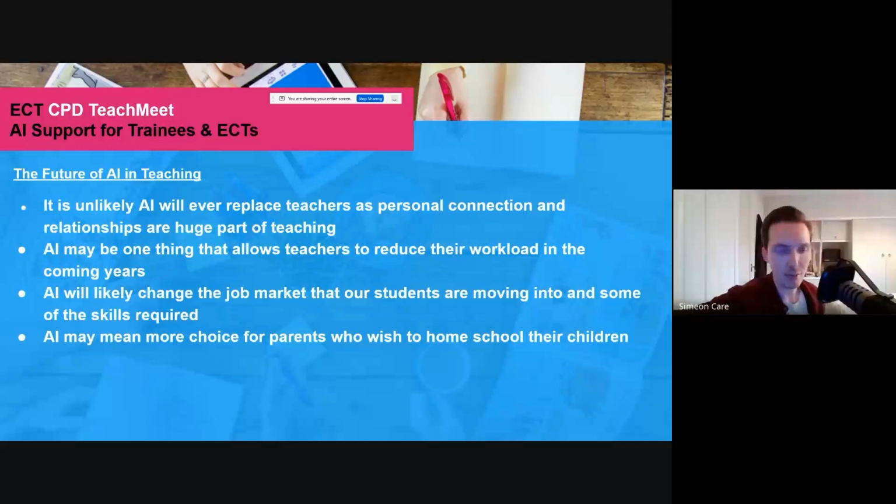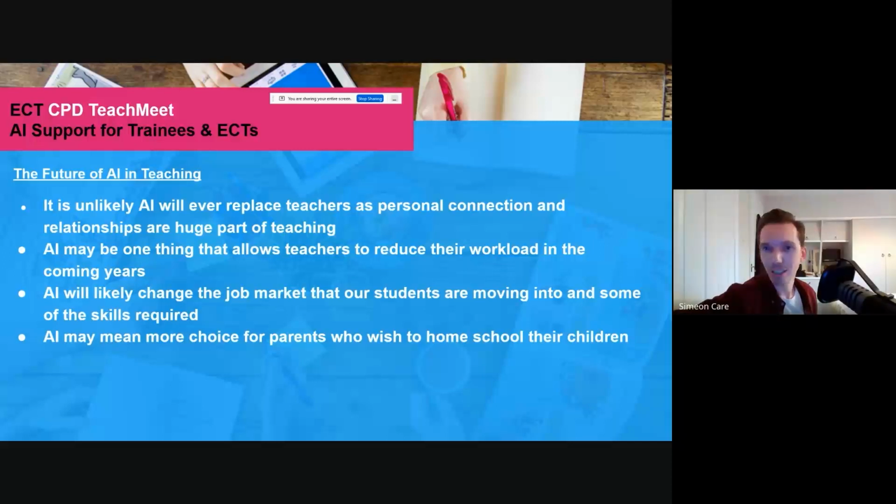Yeah, I completely agree. With the job market, I don't know if it's a law or a quote, but I liked it. I saw this a little while ago, that we tend to overestimate technology in the short term and underestimate it in the long term. So AI is very much a buzzword at the minute, and I think that buzz will die down somewhat maybe over the next couple of years, but I think it really will change things, especially with jobs.